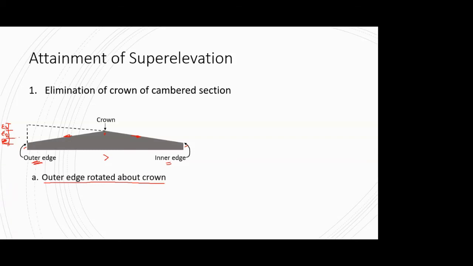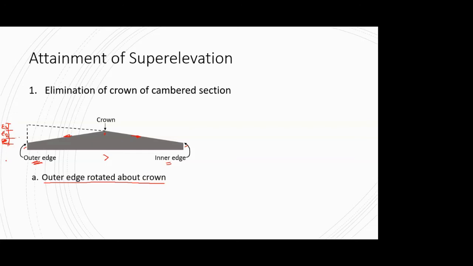and when the driver is driving the vehicle on this kind of super elevated curve, if you keep the rate of increase of this outer edge constant, then there will be no discomfort to the passengers and the driver who is sitting in that vehicle. Contrary to that, if you provide this rate of superelevation unequal, there are chances of discomfort. So equal E1, E2, E3 means that the rate of superelevation that we are providing is constant, and